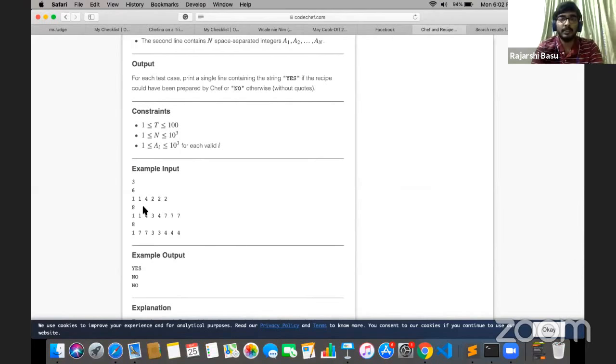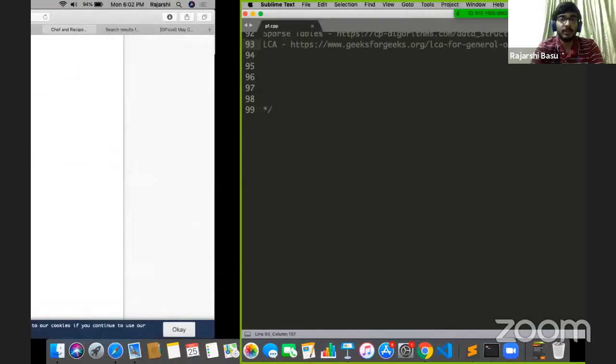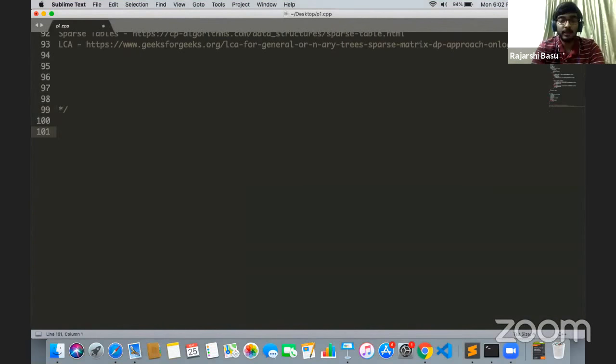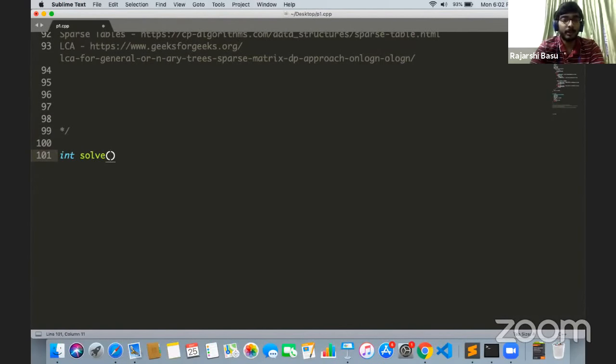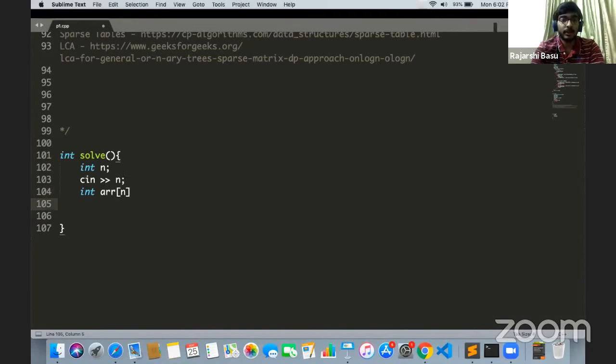So let's just see how we want to implement this. We will only be using the standard C++ STL library. What we can do is something like, let's say we have an int solve here. Hopefully everyone can see this. I'll just make the font a bit bigger. And let's say we have int n, we take some number, we input the array,